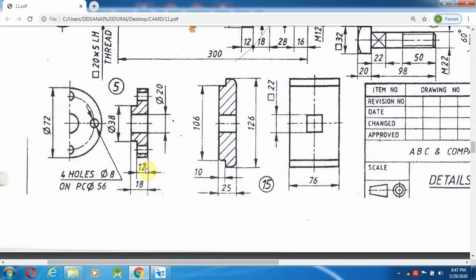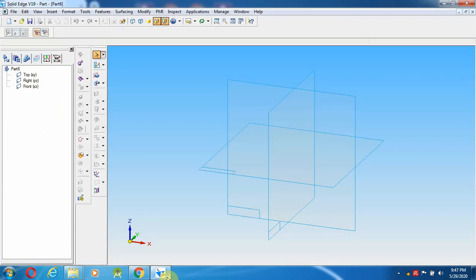The depth is 12 and 6, that means 72 mm diameter with depth 12 mm, and 38 mm diameter with depth 6 mm. So we have to create those things here.